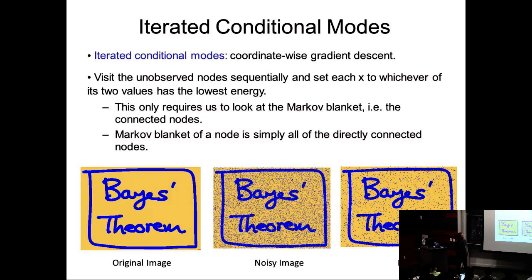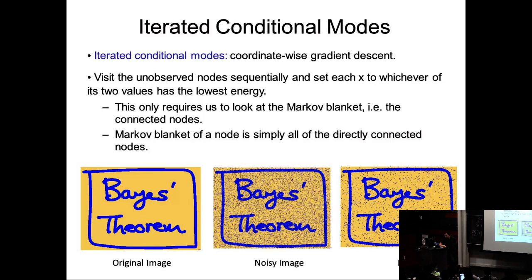You can use something called iterated conditional modes, which is just coordinate-wise gradient descent. In coordinate gradient descent, all it's doing is basically visiting the unobserved nodes, these x's, sequentially, and setting each x to whichever of its two values has the lowest energy or highest probability. So you're given some instantiation of the x's. Maybe you can instantiate all the x's with y's initially. That's your initial point. And then for every single x, you look at its conditional probability, which is a logistic function, and you ask, is the probability of being 1 higher than the probability of being -1? And you just set it to the highest probability, and you just iterate